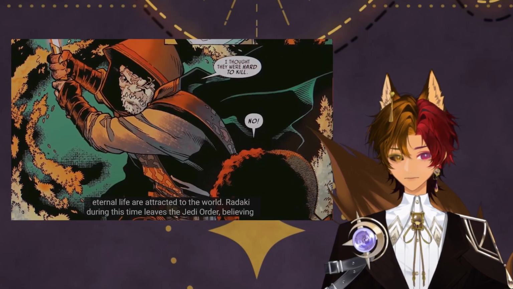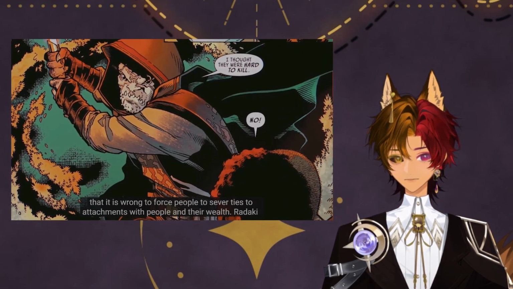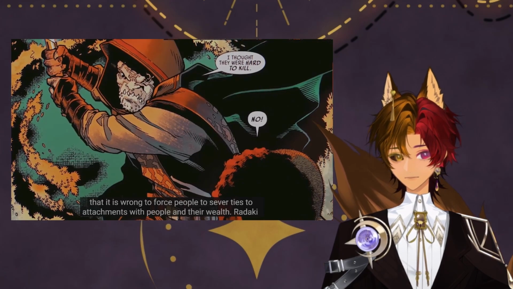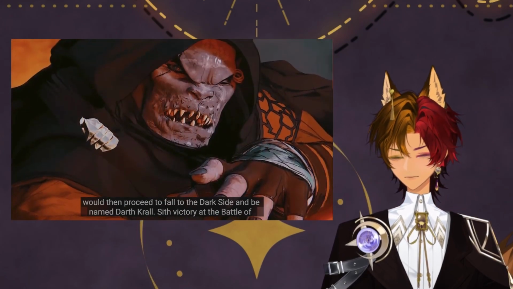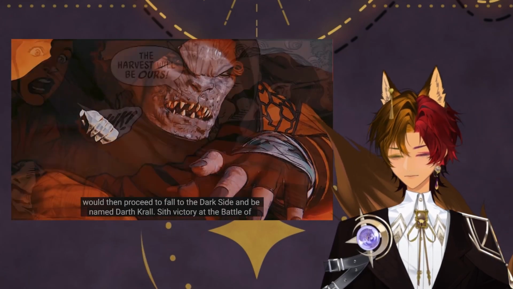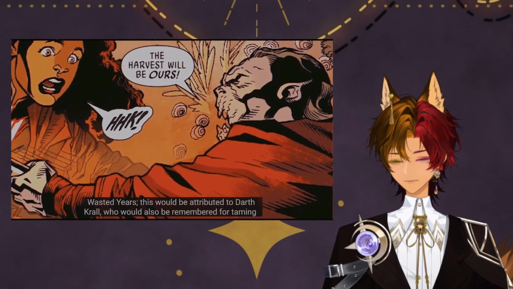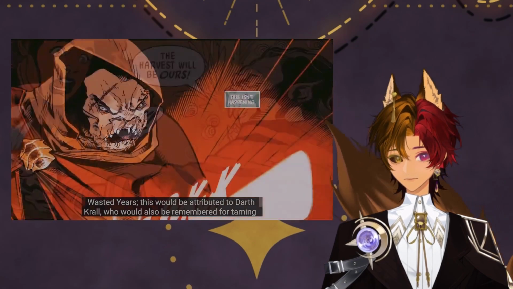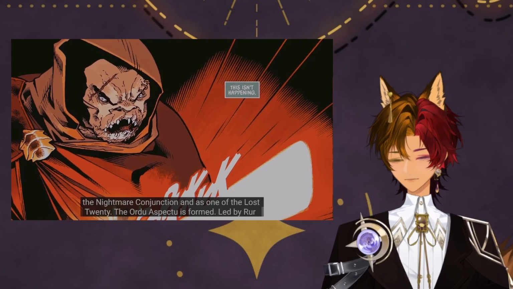Radaki during this time leaves the Jedi Order, believing that it's wrong to force people to sever ties to attachments with people and their wealth. Radaki would then proceed to fall to the dark side and be named Darth Krall. Sith victory at Battle of Wasted Years. This would be attributed to Darth Krall, who would also be remembered for taming the Nightmare Conjunction and as one